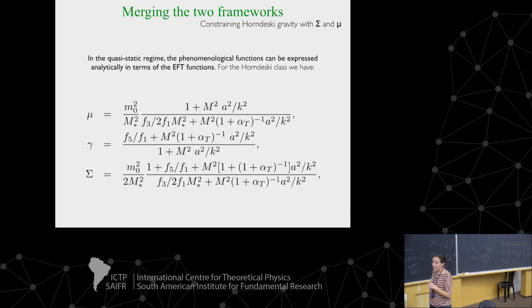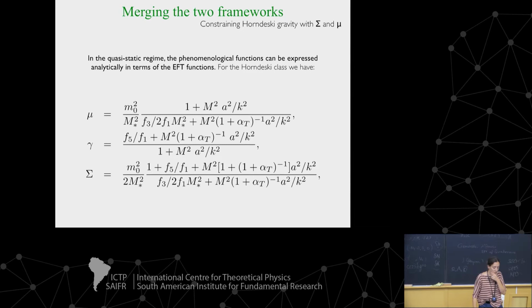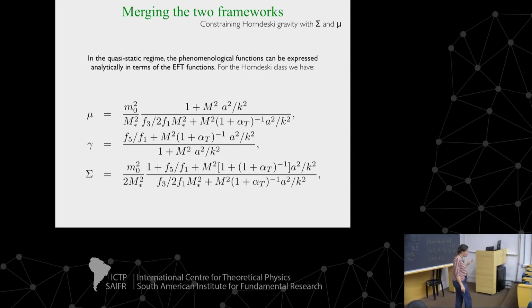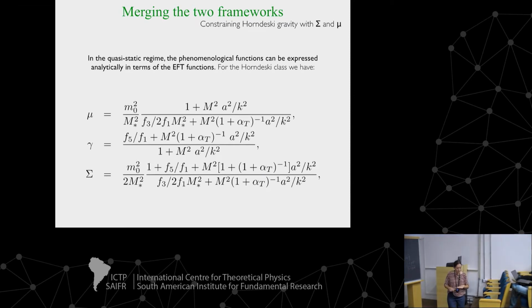Now, that was for W, but of course, I told you you can do it also for mu and sigma. That's what I was showing yesterday. And you can do it in 2 ways. One way doesn't require any Einstein-Boltzmann solver. It requires only to expand your functions. Here I've